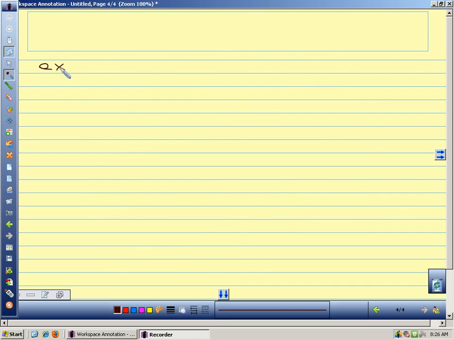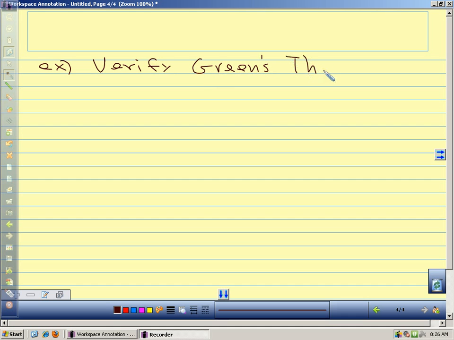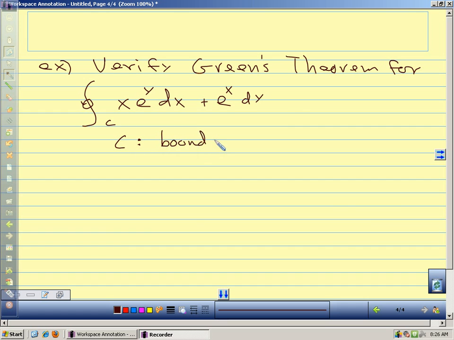All right, so let's look at some examples. We want to verify Green's theorem for the line integral around this closed curve, and our integral is x e to the y dx plus e to the x dy. And C is our curve, the boundary of this region